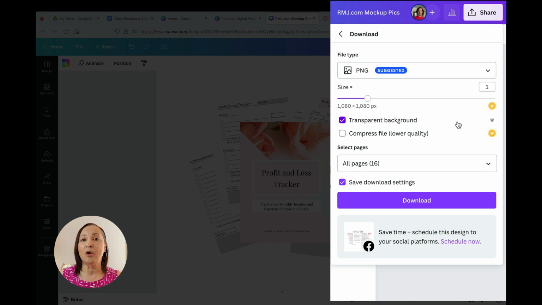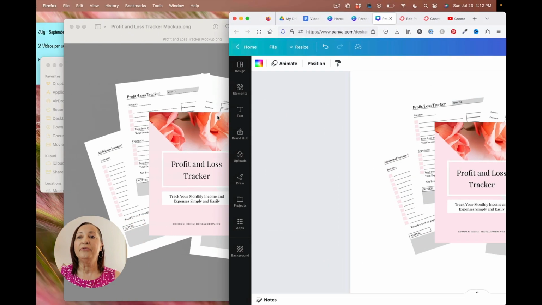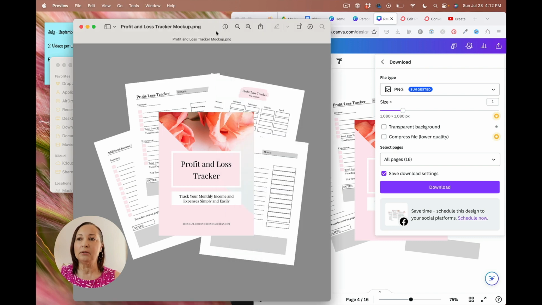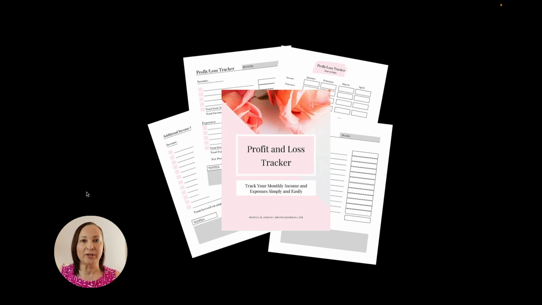I have a pro account, and I highly recommend, if you think you're going to be using Canva regularly, that you consider it. Now, there is a workaround if you don't have a paid account, that you can still go ahead and download this. So instead of selecting transparent background, you would just leave it unchecked, and then you'd go through and download it. Now once you download it, because the way I would do it, it's going to be on a transparent background, this is what your image is going to look like. Now it looks black here, and that's simply because it's on a transparent background.